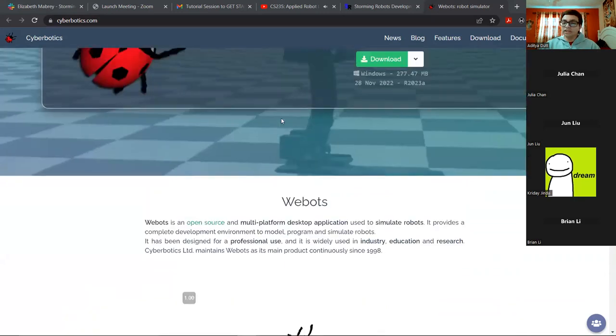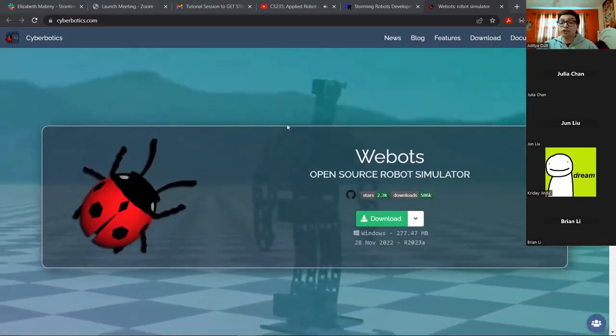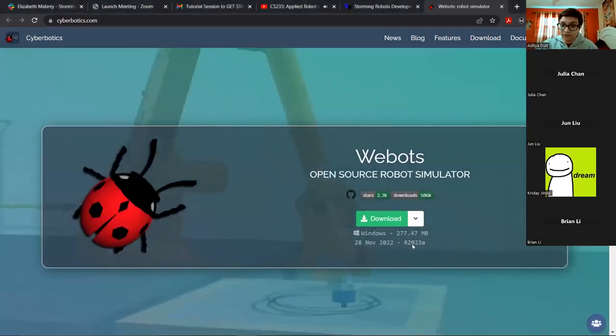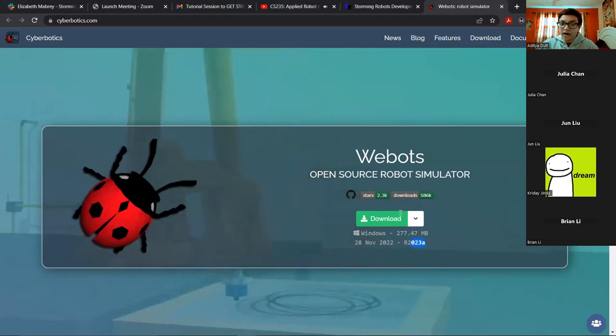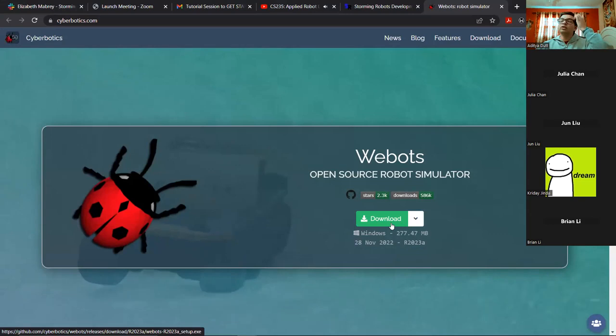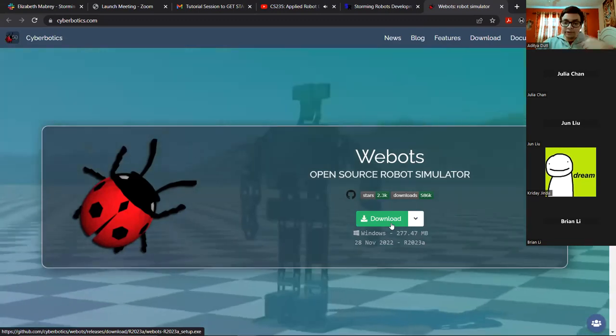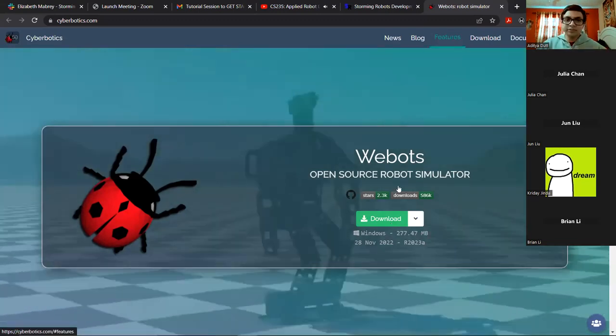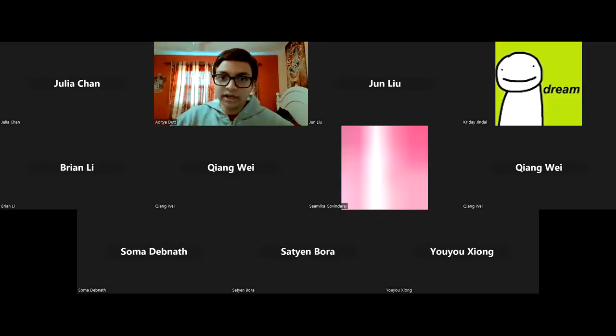So Webots, the newest version is version 2023a, which just got released like last week or something. The first thing to do is hit this download button. This download will give you an installer, which is very self-explanatory and very easy to get started with. It'll run you through the whole install process. And once you do that,